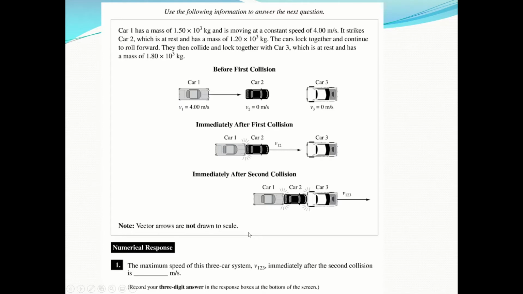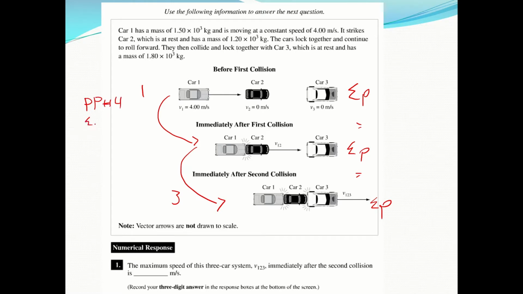Okay, the maximum speed of the three-car system immediately after the collision. A lot of people when doing this question will go from 1 to 2 and 2 to 3. You don't have to do that, because the sum of all the momentum here is equal to the sum of the momentum here, and equal to the sum of the momentum here. The sum of our momentum is going to be the same in all three scenarios, so we can go straight from 1 to 3 without any problem. Now if we use physics principle number 4, where our momentum before equals our momentum after,